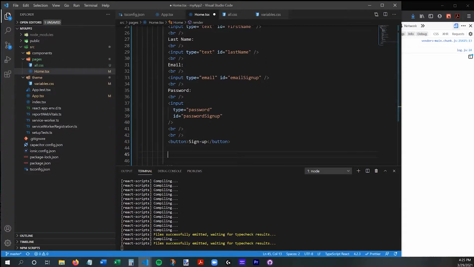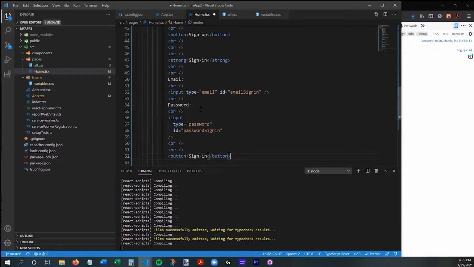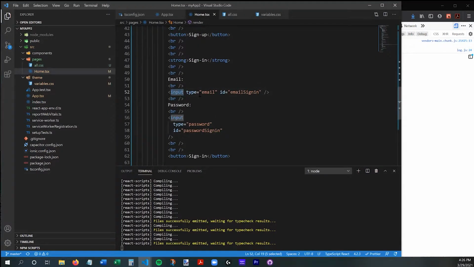There is then going to be some more line breaks, and then a sign-in form with another button. So this says sign in, more line breaks, email, place to put your email, password. There we go. I am using the normal HTML input